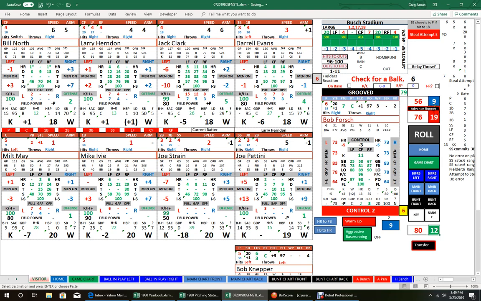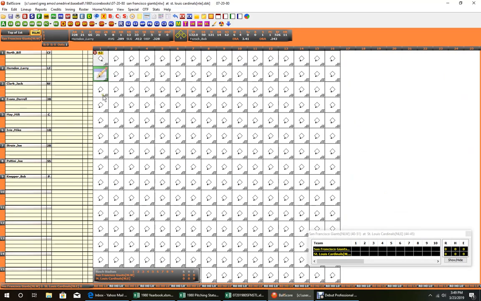probably out. 9's right in the center. It's not going to be a strikeout or a walk. 76 will be a fly ball to center field. 19 gets us close to the fence, so we're just going to go ahead and hit fly ball to home run. And we see that that is not a home run. That result would show right up here. So he flies out deep to center field,